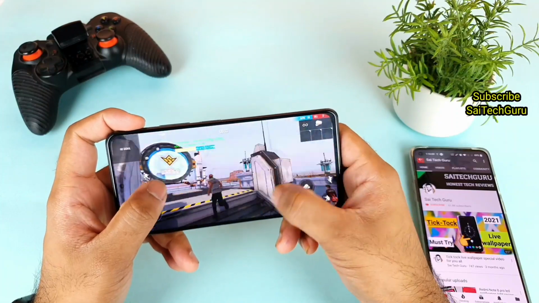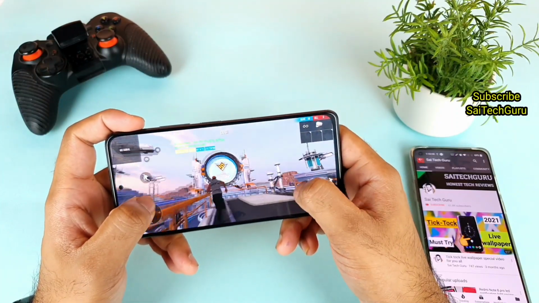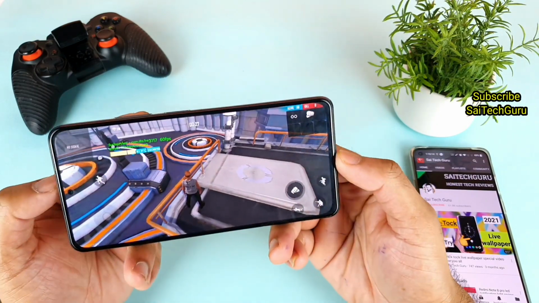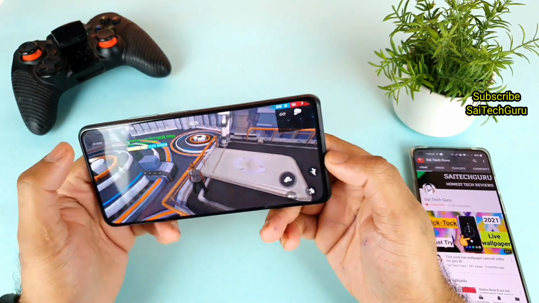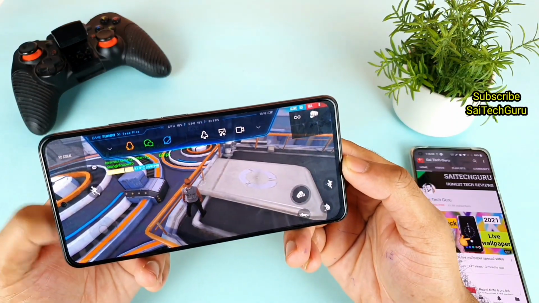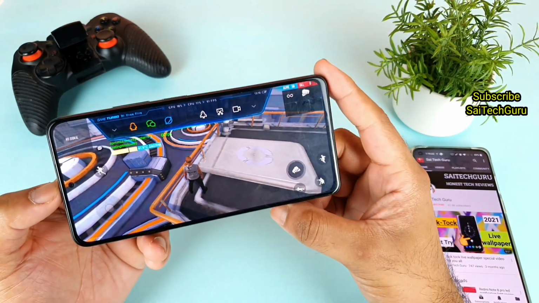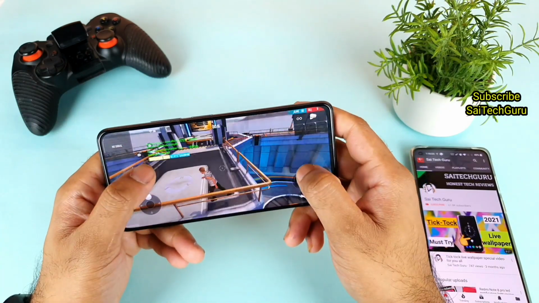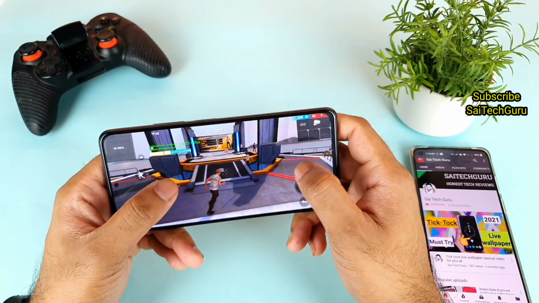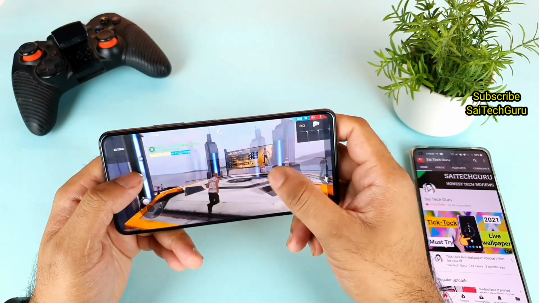You can see on the top the real-time FPS statistics data. Right now I was able to get 60 FPS, as you can see, friends, and this is a Game Turbo FPS meter which is present on the top as well. You can see the real-time FPS on the top, 61 FPS. Let's see, friends, whether I will be able to experience any kind of lag while playing this kind of game or not.